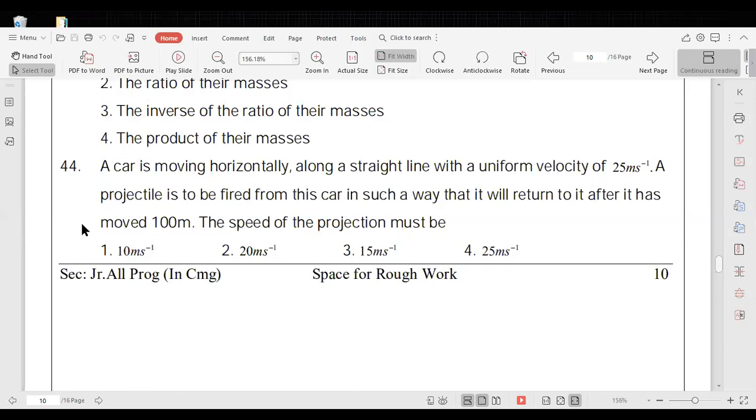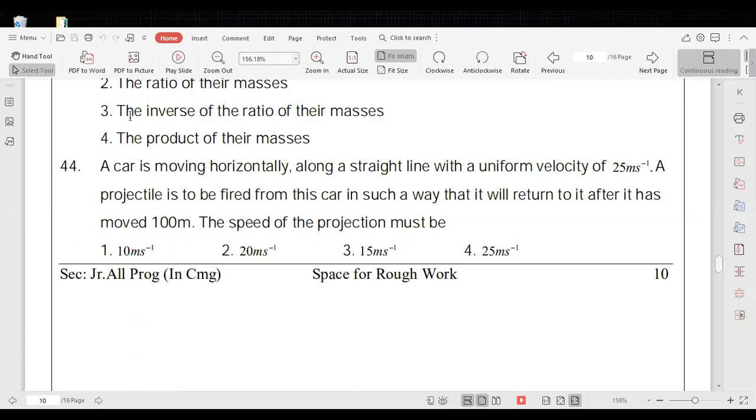Now here, already I said this concept. Velocity of the body with respect to car is equal to this one. Its component in this direction is VBC cos theta, and in this direction VBC sin theta. Velocity of the body with respect to car has this component along the x-axis and this along the y-axis. From the ground, velocity of the body with respect to car is equal to velocity of the body minus velocity of the car. So velocity of the body is equal to velocity of the body with respect to car plus velocity of the car. Now along the x-axis the distance traveled is given, that's why we take the x-axis.